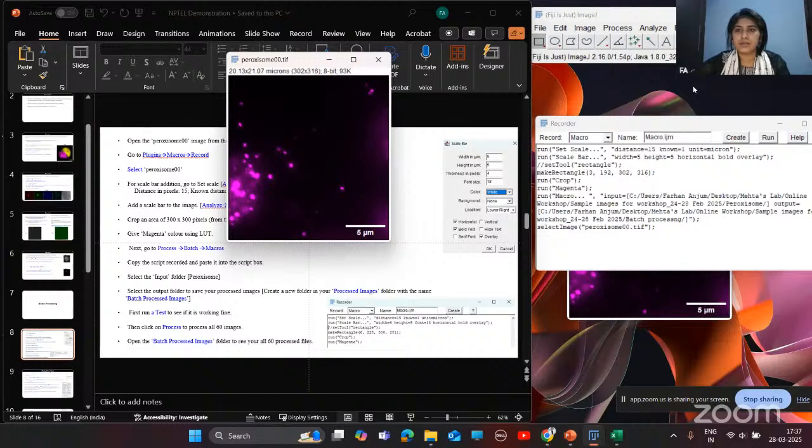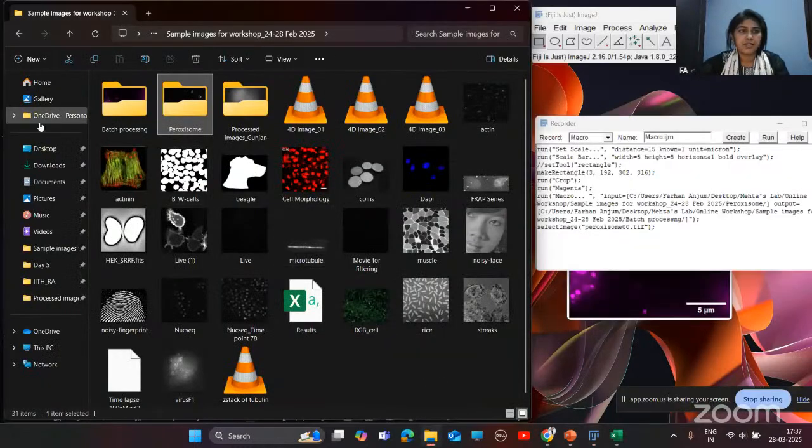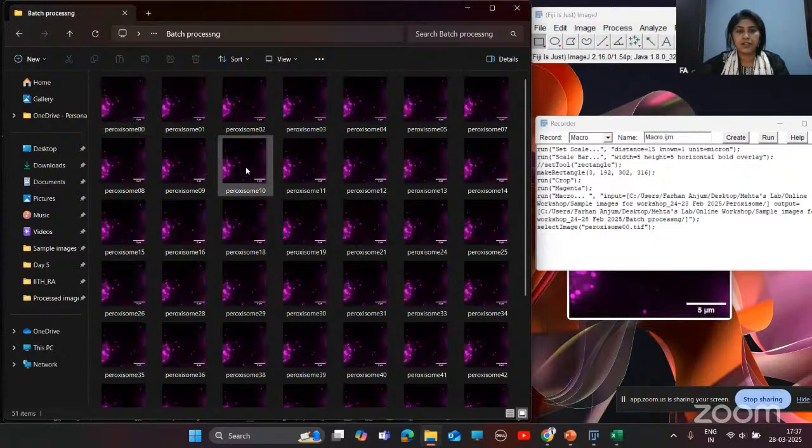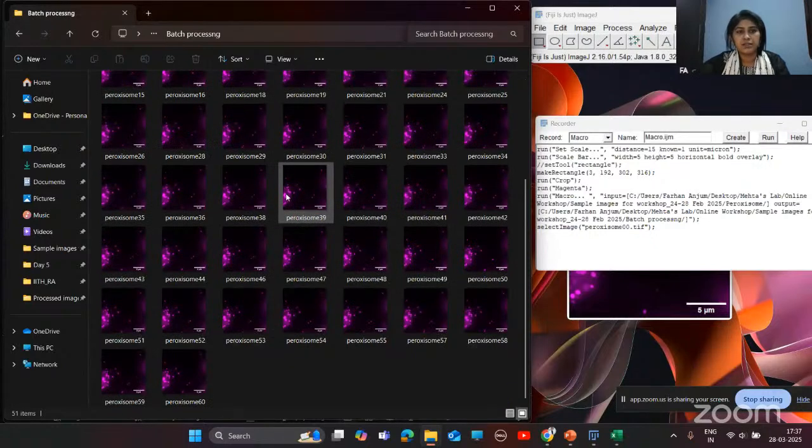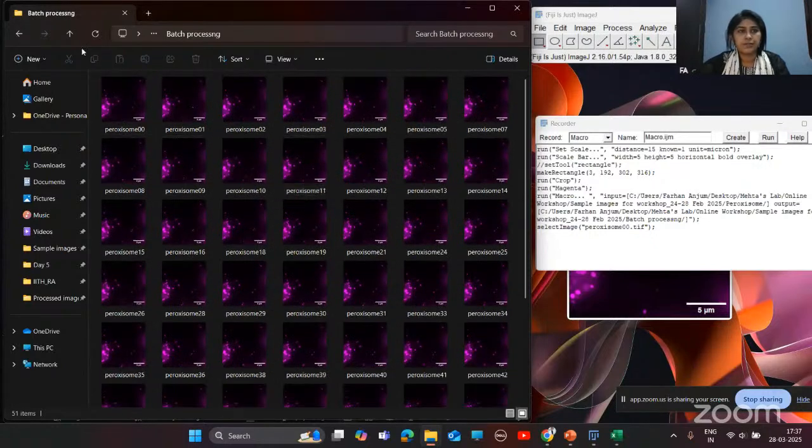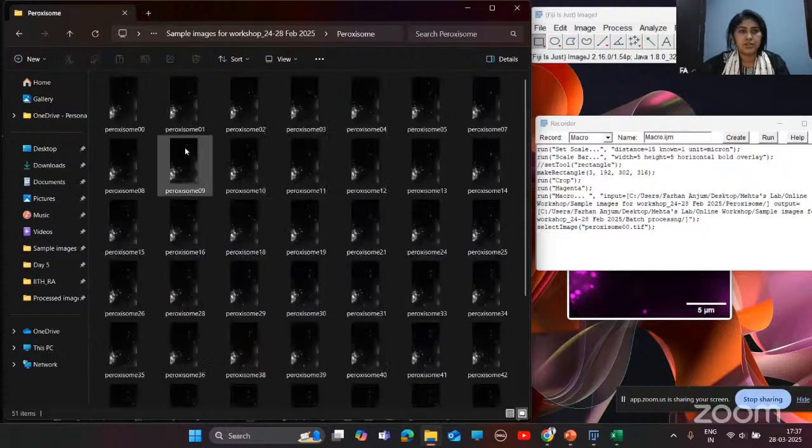Okay, so now I think it's done. We'll go to this batch processing folder, and here you can see that all these images have been processed.